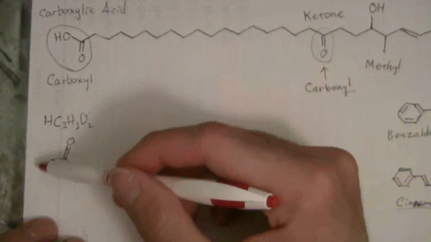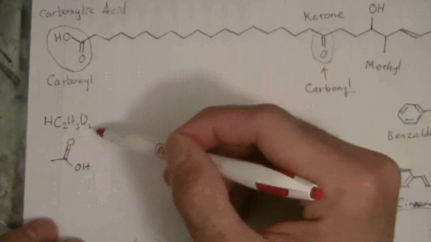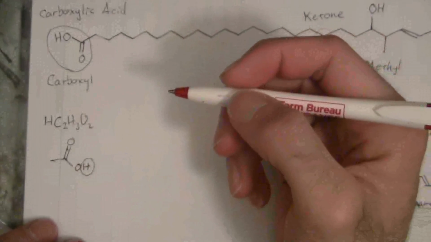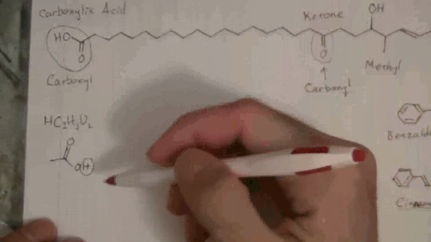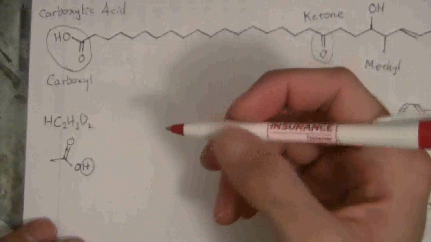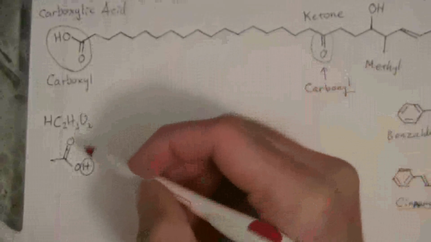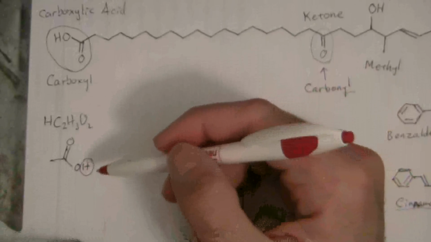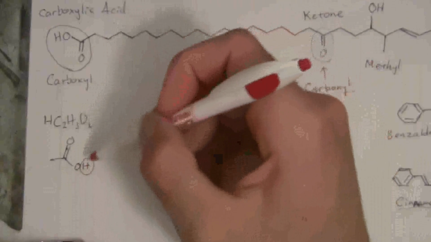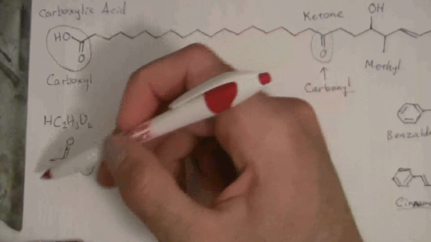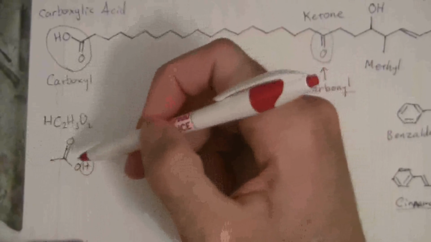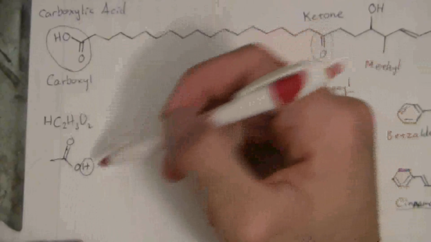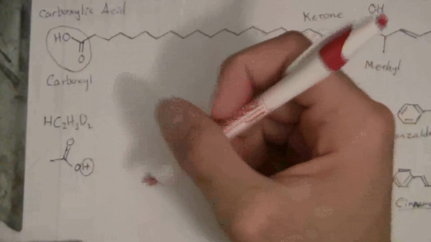But I have C2H3O2, that's my acetate, and then here is the part that makes it an acid. You have to have a hydrogen. Now, organic acids look a little bit different than what we might expect, because usually we see that OH and we think, well, that would be a base. But in organic chemistry, this is actually an acid. That oxygen is tightly bonded to the rest of the molecule, and it doesn't come off. But this hydrogen, it will come off relatively easy,